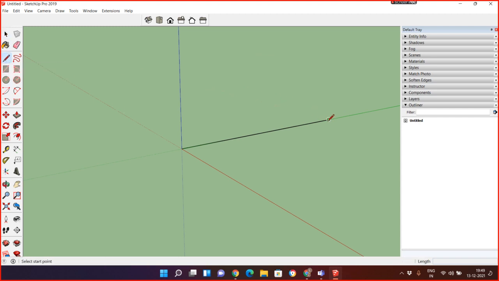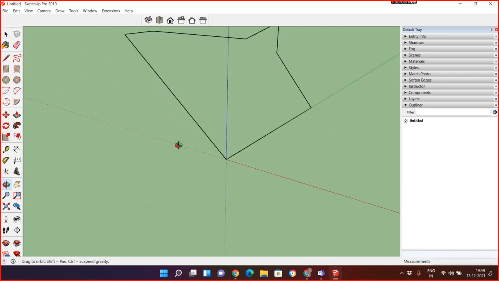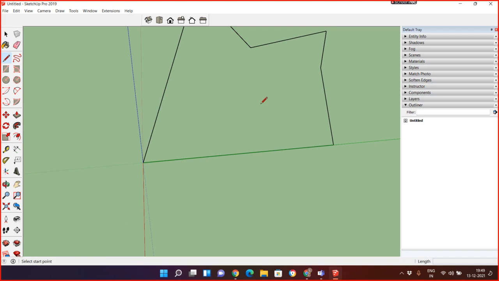So in that condition, what do I have to do? See, if I'm going here, if I'm going here, look. Now I want to make a surface. So again, we have an option: make a 2D platform.